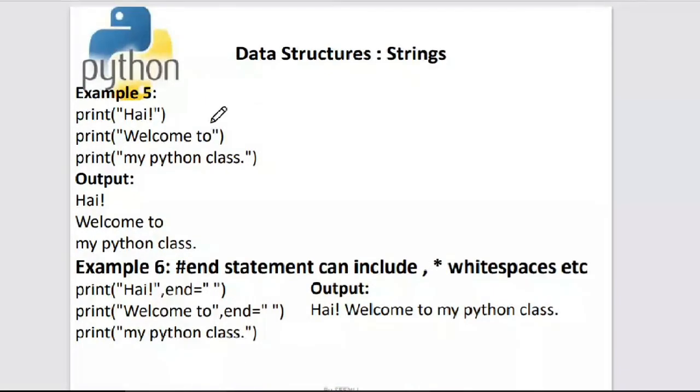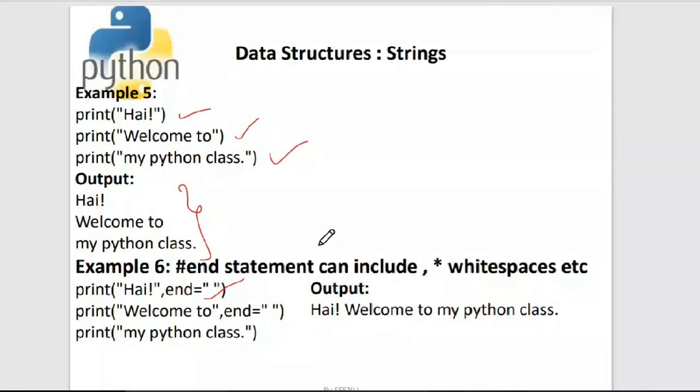I have three different strings in the print statement, and these three different statements will be printed on three different lines. But if you want everything to be on one single line, write everything in one print statement. So that's one remedy. Another remedy is that you can just use the end parameter, and end can include a comma, it can include an asterisk, it can include white spaces.